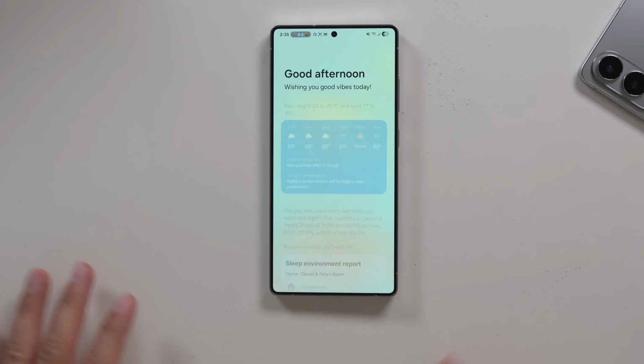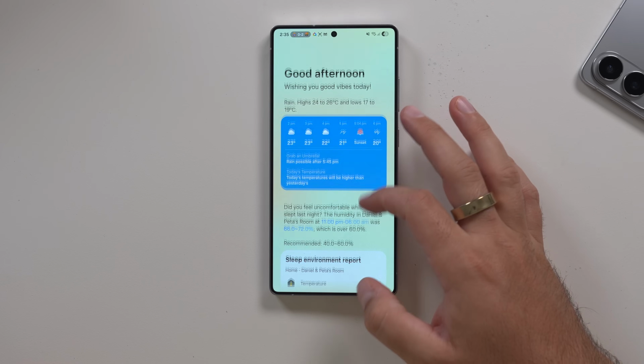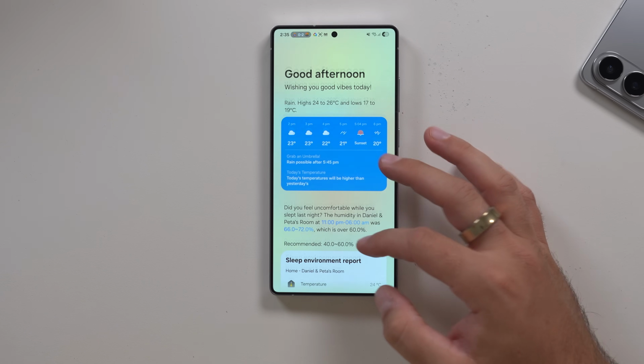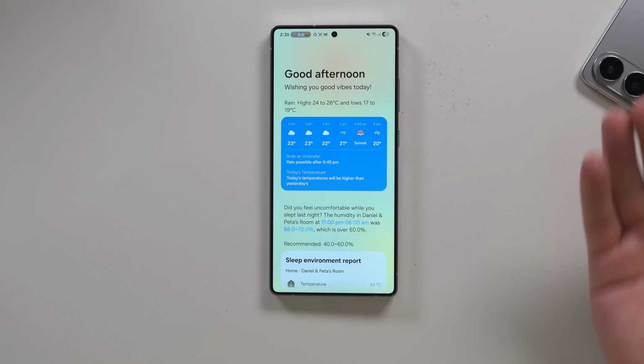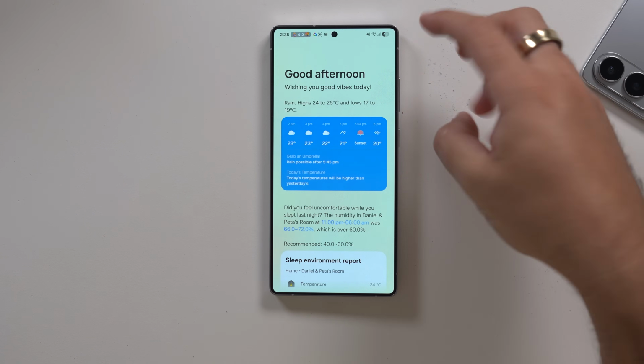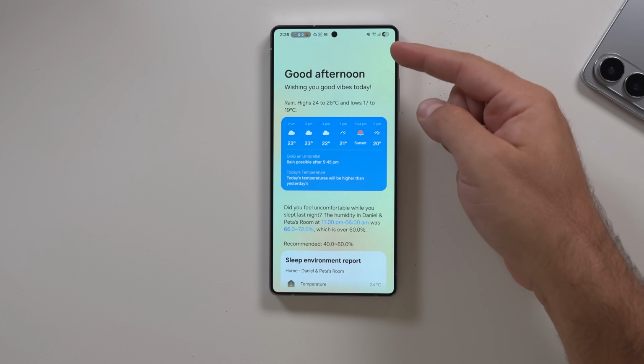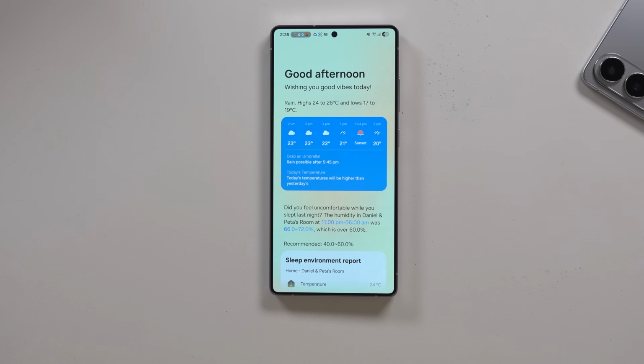The Now Brief is still useful and is maybe going to be even better with One UI 8 with what you can do with it. But what I noticed with the last build, which conveniently disappeared from this build, is that they were trialing, at least it seemed, an audio version, where if you tap a little thing at the top corner here, it plays and reads out each individual card of the Now Brief and what's happening. Take a listen.